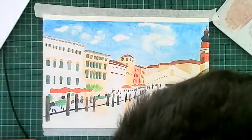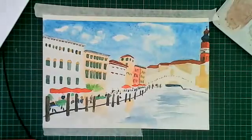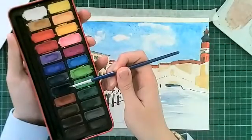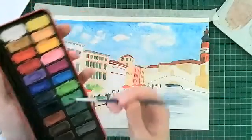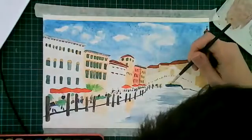Is that midnight blue you're using, Felix? It is, but I think there are two midnight blues, which is a little frustrating, isn't it? So it's the one that's, I'm using the one that's closest to the sienna here. Okay, thank you. And as I say, it will look very dark when it's first put on the page,